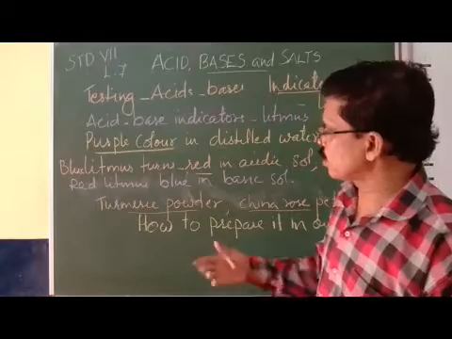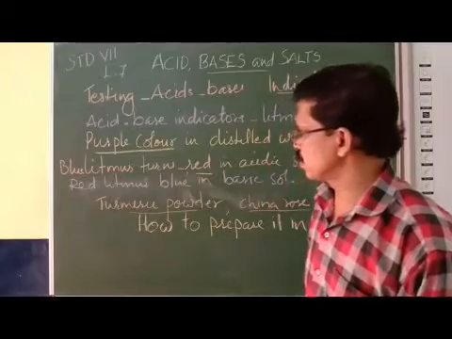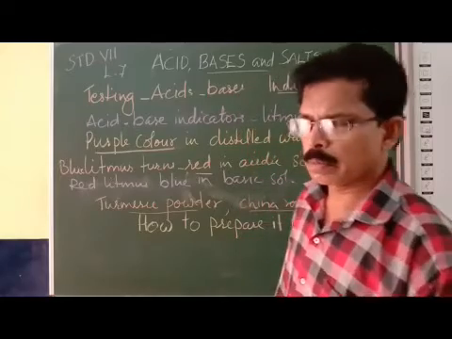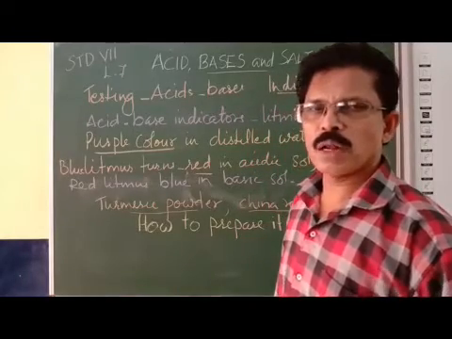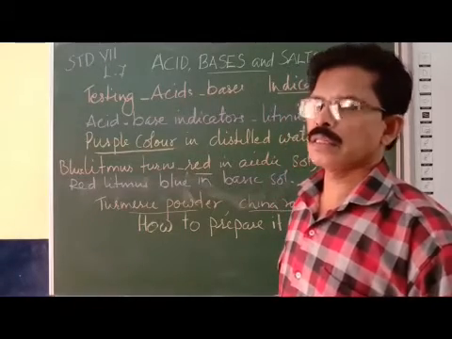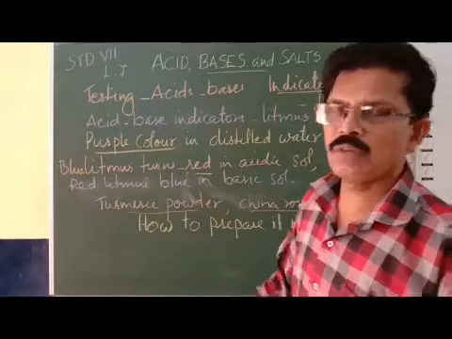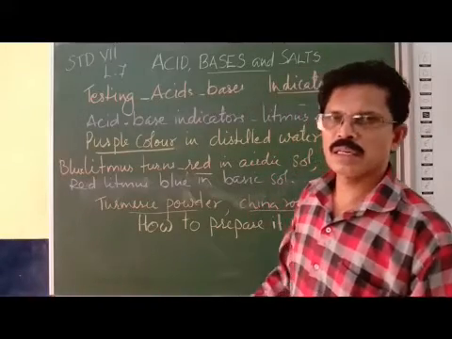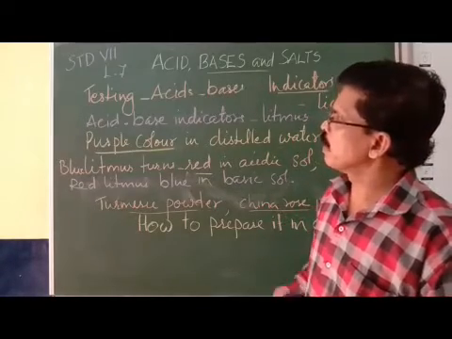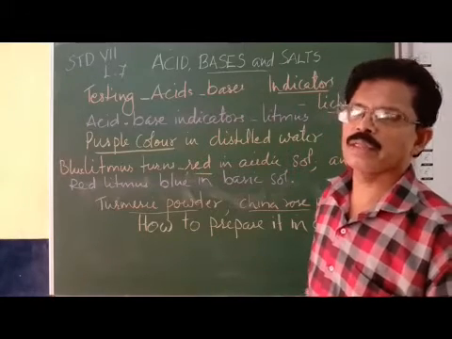Now we can also make natural indicators like turmeric powder indicator and China rose indicator. For turmeric powder indicator, take 1 teaspoonful of turmeric powder, mix with 1/4 of rubbing alcohol, and mix it thoroughly. Then we can test whether the substance is acidic or basic. Then China rose petals are mixed with warm water till the color becomes reddish, then we can use it for testing. In this way, indicators are substances used to test whether a substance is acidic or basic.